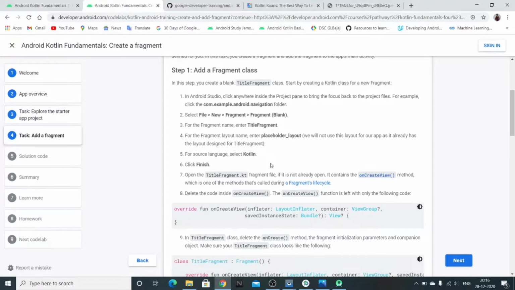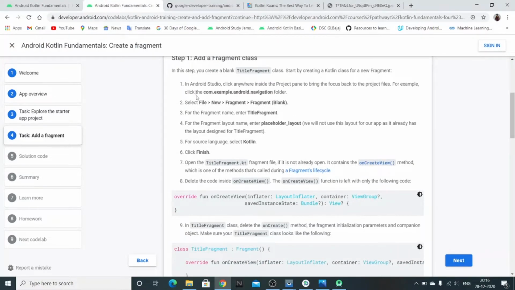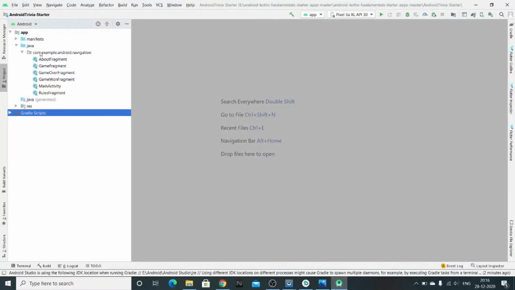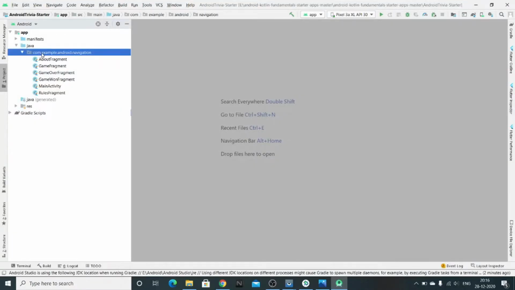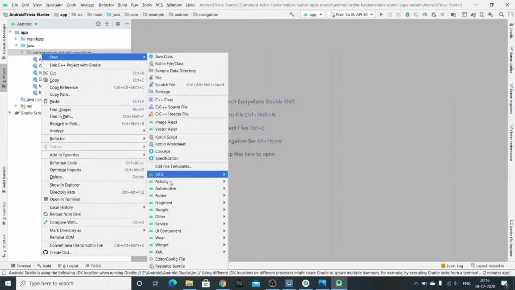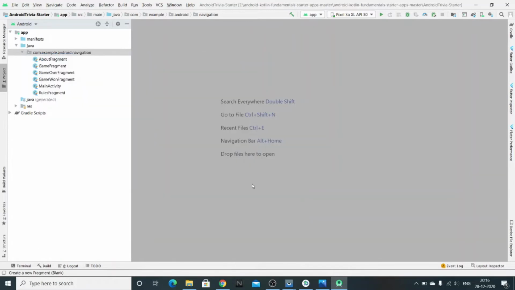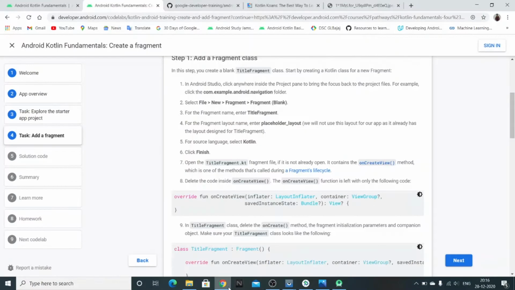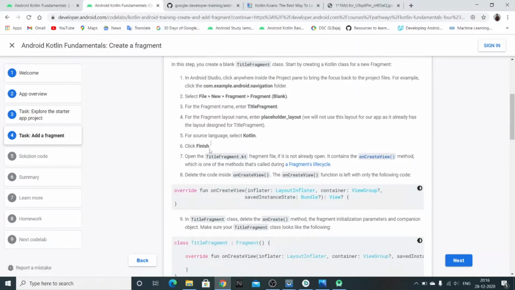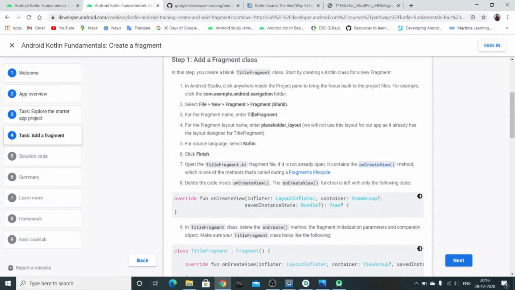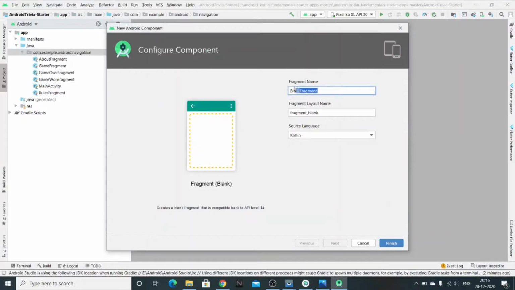So getting back to the code lab, to create the fragment, click on File, New, Fragment, or you can just right click on the package, New, and then Fragment, and we'll be creating a blank fragment. The fragment name here is TitleFragment.